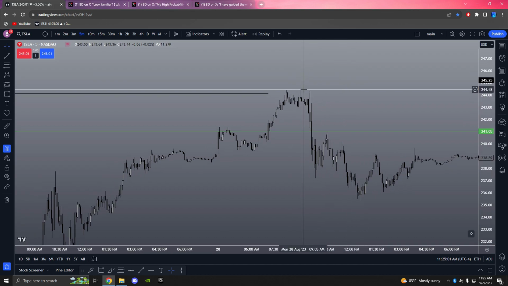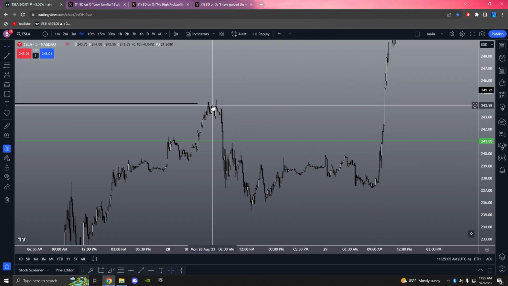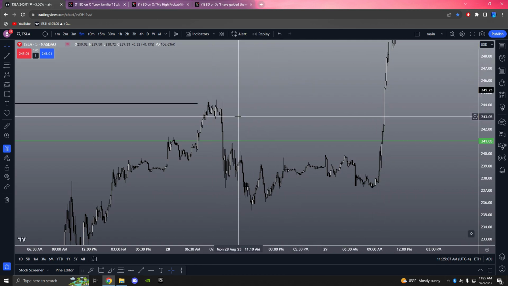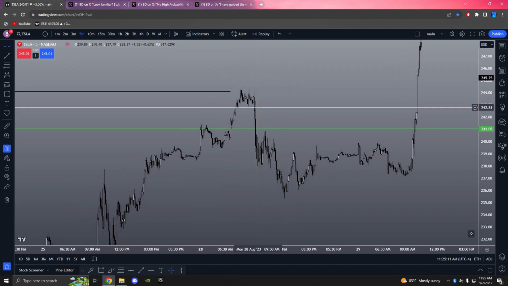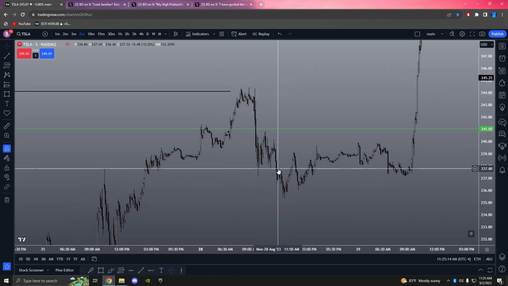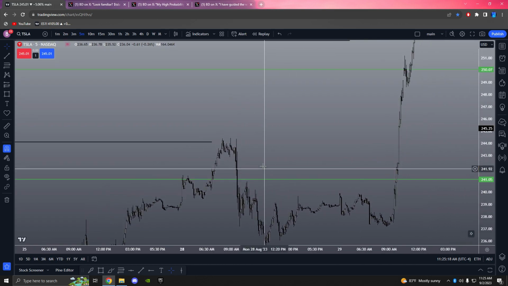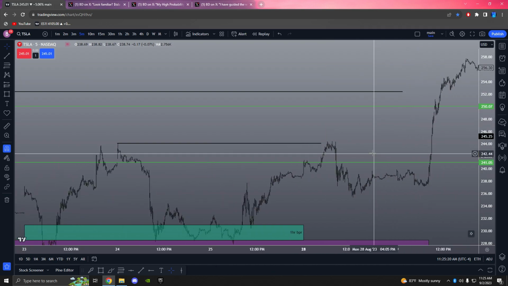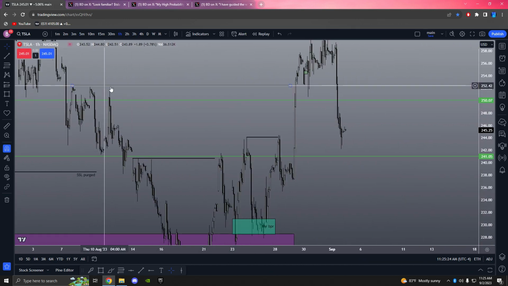So here you can see we come down and shot straight back up through them highs, because whenever they're moving it aggressively down like this, they are just shaking people out of their longs and flipping people short, so then they can keep screwing more people, and then they send it higher straight up into them 252 equal highs